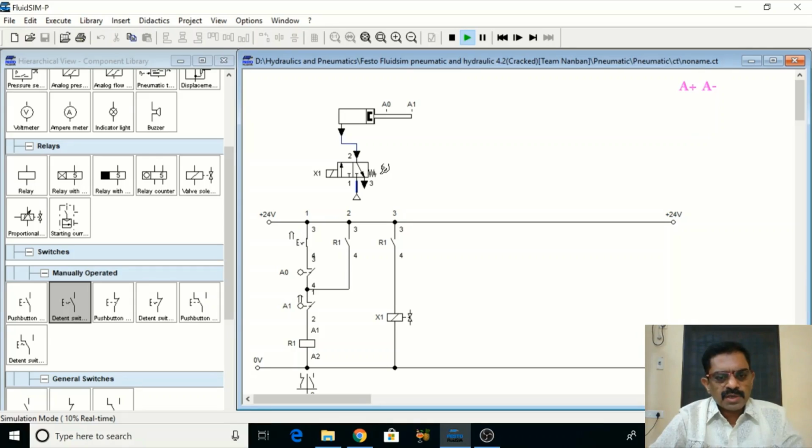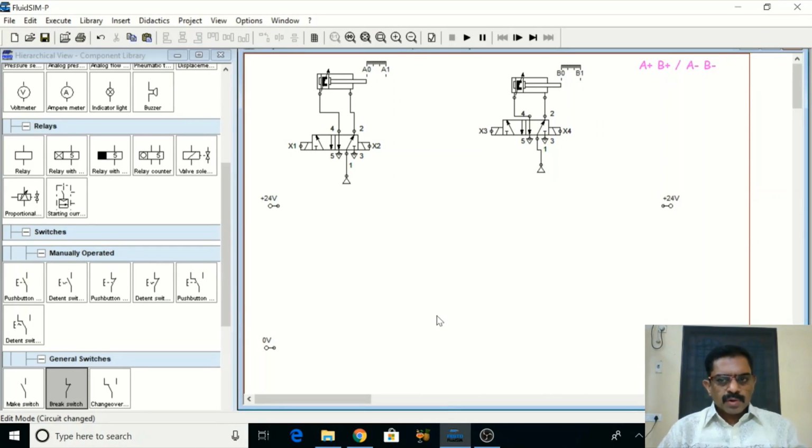All of you understood this. It is a simple operation only. For your syllabus, simple operations are enough, and let us simulate one more circuit and see how it works. Let me simulate the A plus B plus A minus B minus circuit. It is again a simple circuit, but with 2 cylinders. Little more wiring you have to do. That can be done now. So we shall stop.